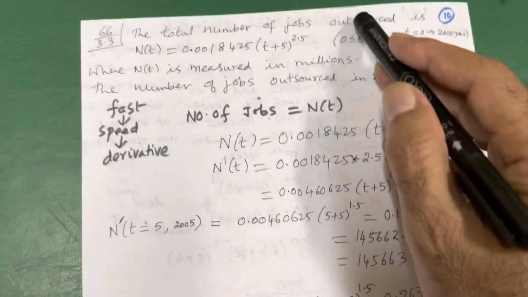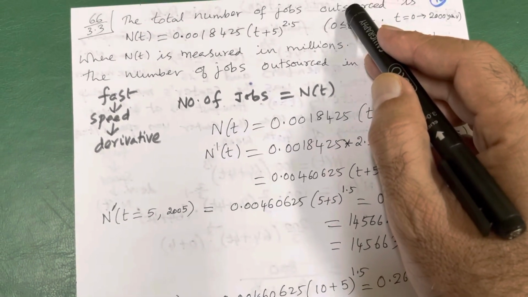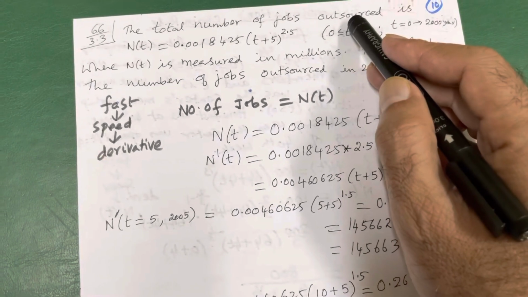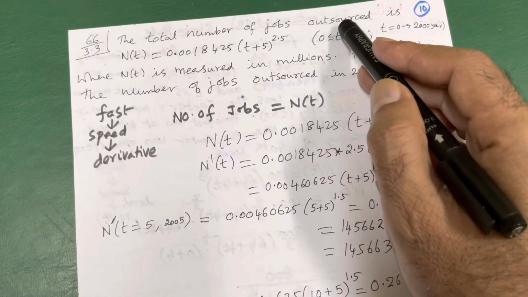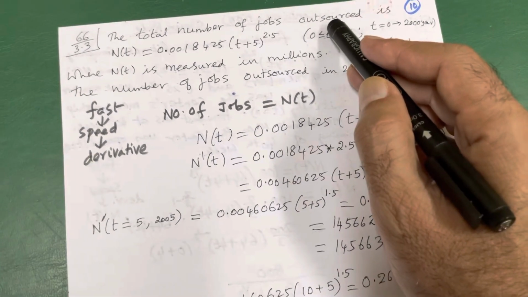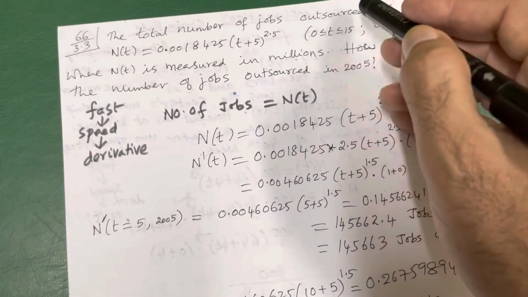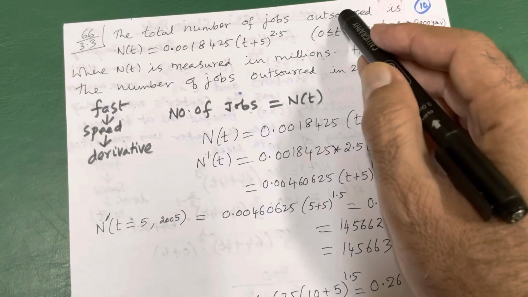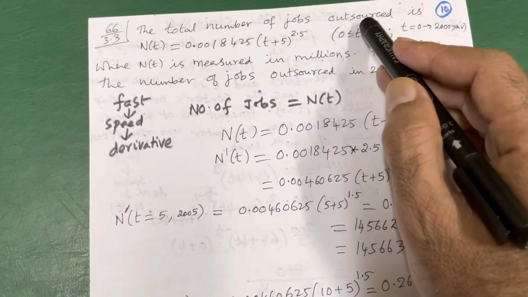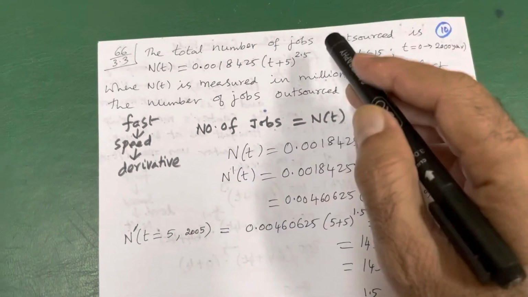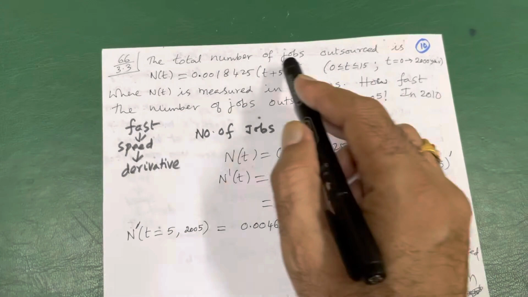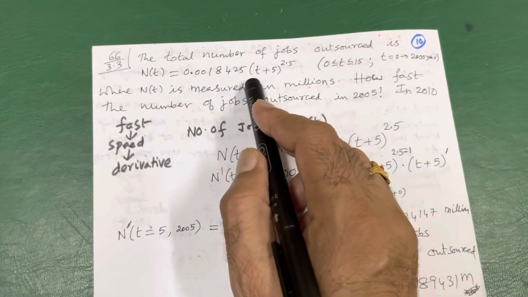So like the Royal Commission outsourced us, that is now we are teaching from home. That means no need to go to the college and then teach. So we are teaching from home, which means the job is outsourced. I can teach either from my home here or from my home in India also. So either way it is. That is called outsourcing. That is giving the job outside, and only the end result will be given back to the company. The total number of jobs outsourced, this is the formula.